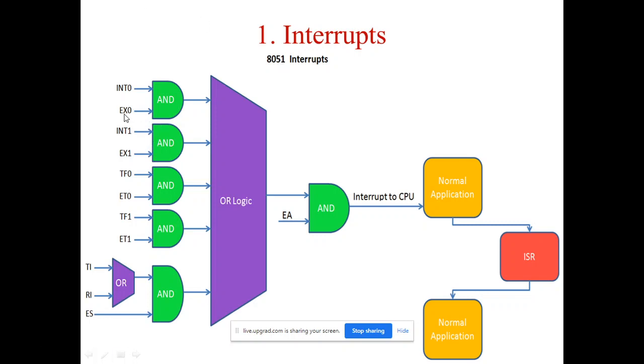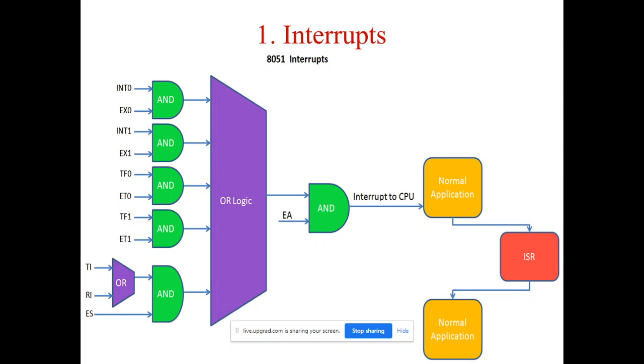That is, the first interrupt is related to INT0, that is external interrupt INT0. Next INT1. Next AND gate is related to the interrupt from timer 0. Then the next AND gate is related to the interrupt from timer 1. Then the next AND gate is related to the interrupt from serial communication. In this fashion, there are 5 maskable interrupt sources, and one more source is there, that is the